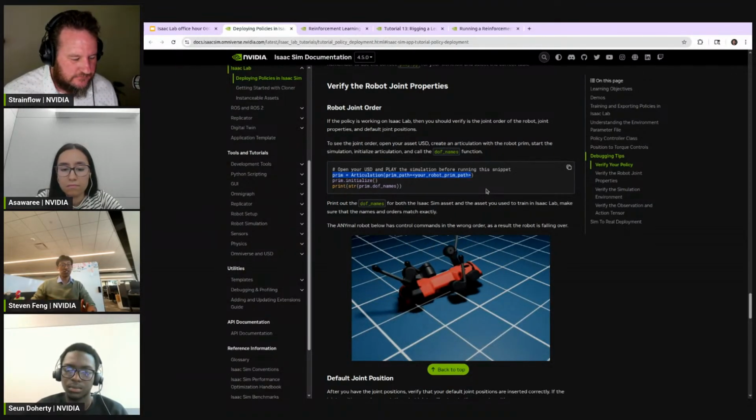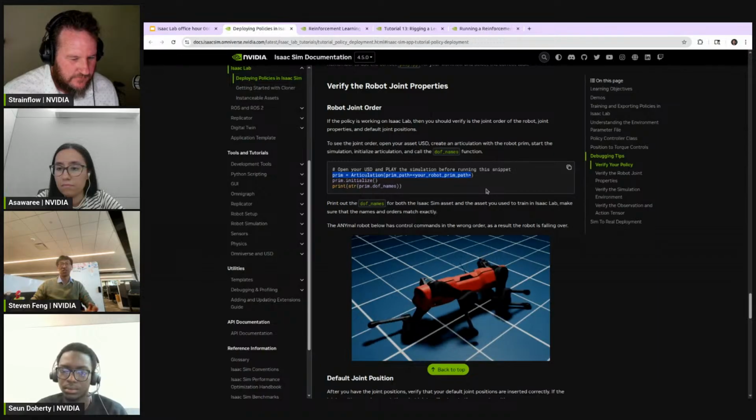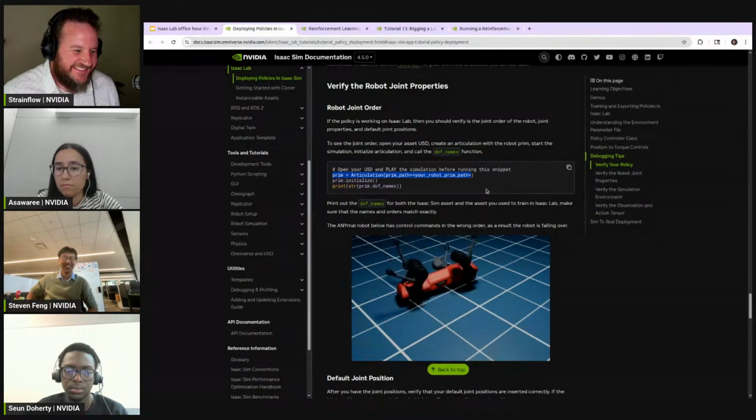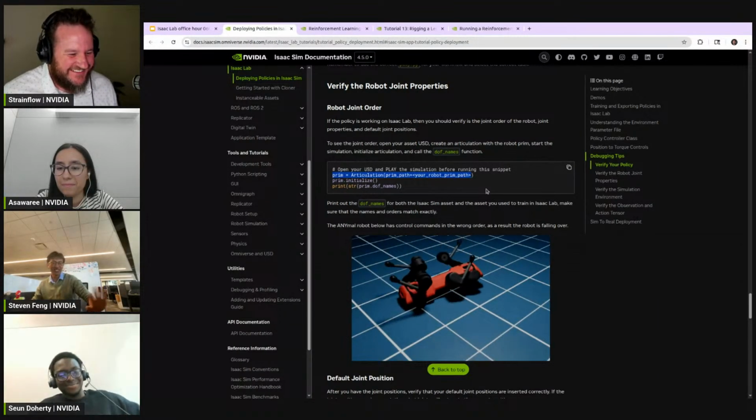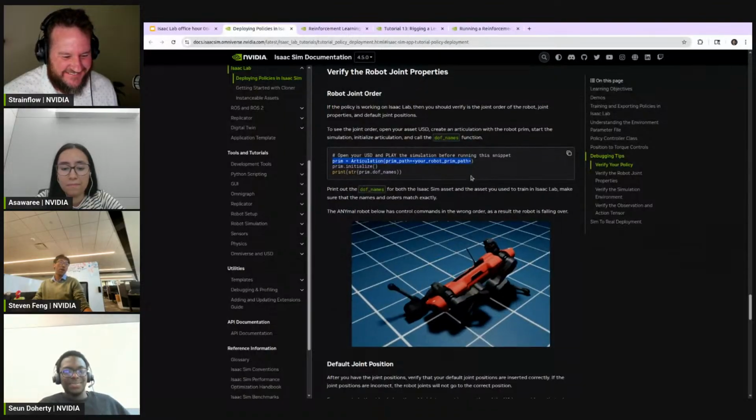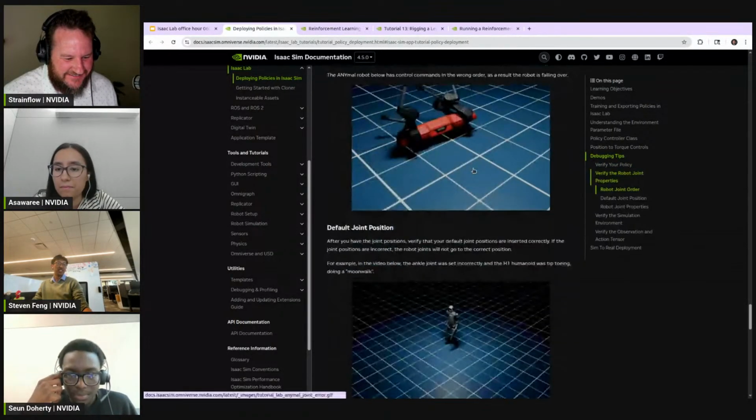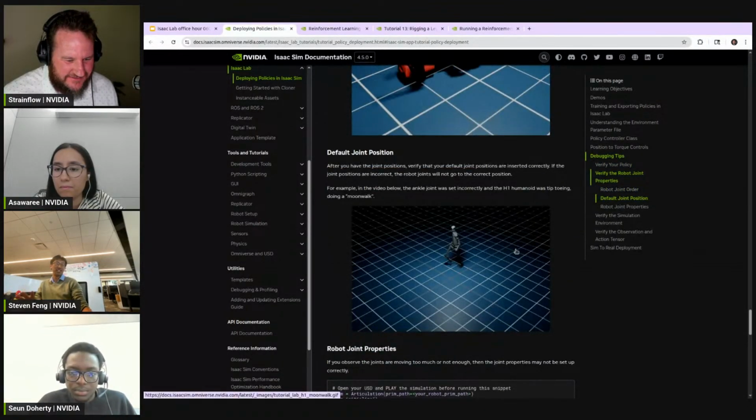And as you can imagine, there's a reason we have all these screenshots, because these are all the issues I've personally run into. Otherwise we wouldn't have these screenshots. So yeah, the first one is joint order. The second one is default joint position. So this one,